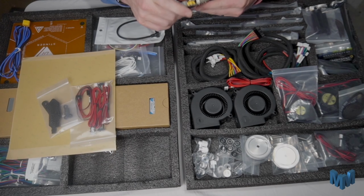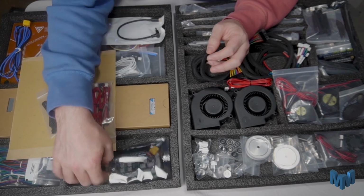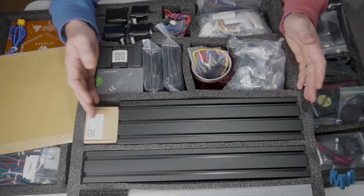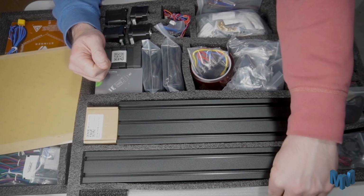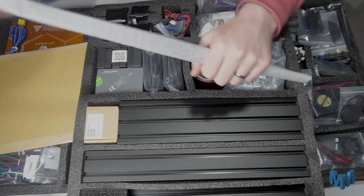So, let me get this packaged up and we'll move on to the next layer in the box. So, let's start off on here. We'll start at the back with what appear to be the